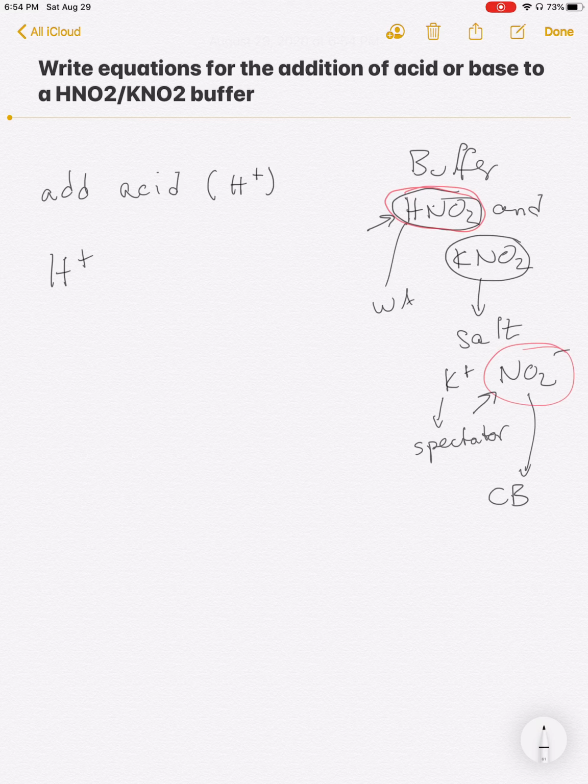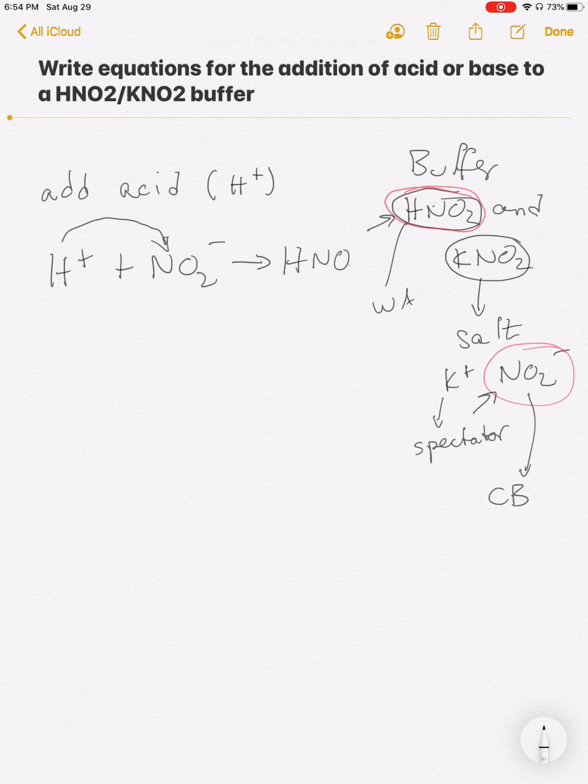The acid is going to react with the base part of the buffer, and so it will react with the nitrite ion. And when that reaction takes place, the acid will donate itself to the base, and we will get